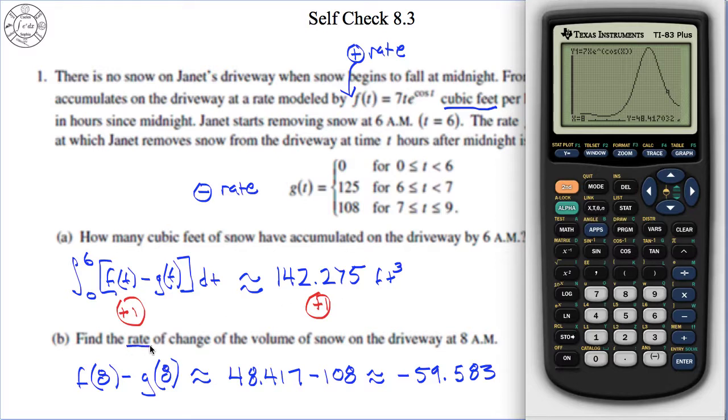Because when it says find the rate, the thing that it gave us was the rate. So you don't need to change anything, exactly. If it was asking for feet or change in feet, then I know that it's not asking for a rate anymore. Okay. Yeah, and to find this on the calculator, you can immediately just hit minus,